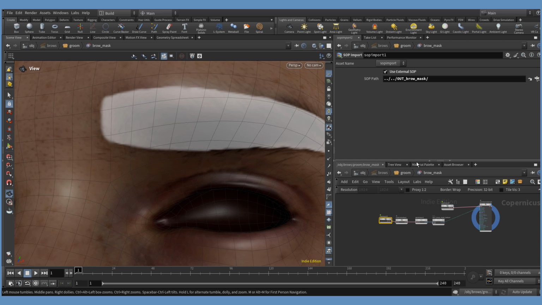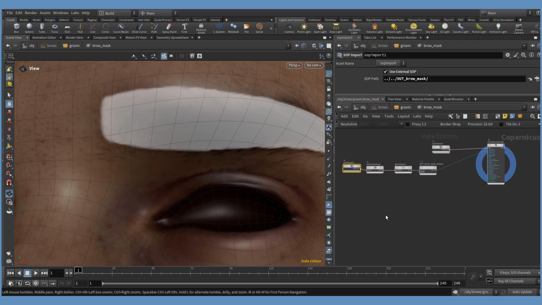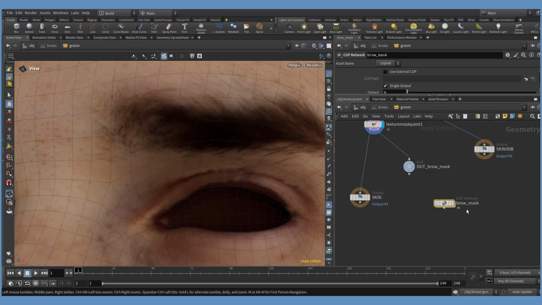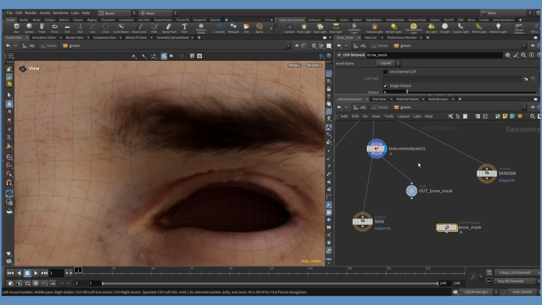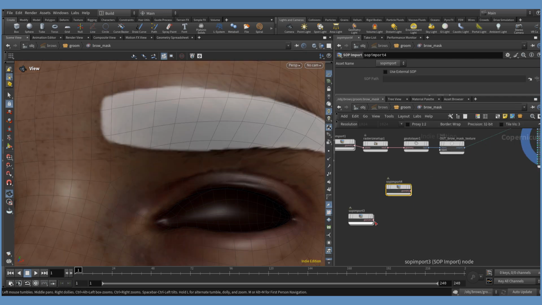And I'm going to recreate these nodes, even though I've already done it, just to make it easier for you to follow along. So the first node that you're going to need is a SOP import, and you're going to want two of them. So if you hit Alt and click on the node, you can drag it. Click right there on the node, then you'll get two copies. And so one of the geometries that we're going to be importing is the head, and then the other one is going to be that actual volume that we painted. And what I mean by volume is that this texture mask paint is volume based, and so it's actually exporting out a volume. So I'm going to hit Control C on this null that we created,